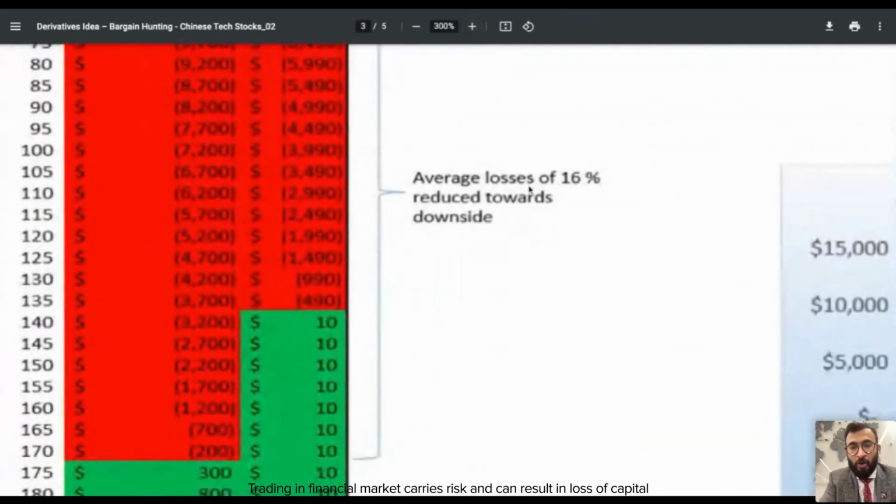But again, doing this strategy, look at this. Your average loss is reduced by 16% compared to if you just buy and hold. By using the options, your loss is reduced to 16% in case the price starts falling down, because of that particular cap which is there in the structure. So like this, there are a lot of such strategies. And one last one